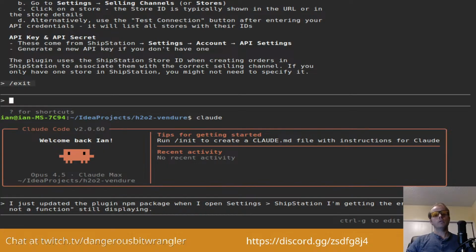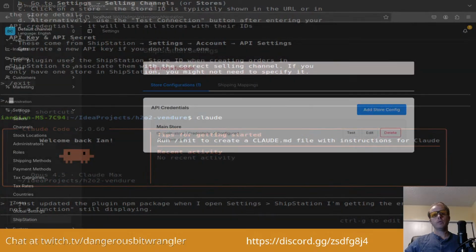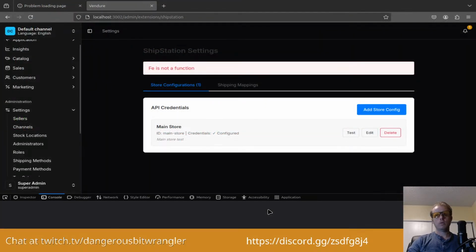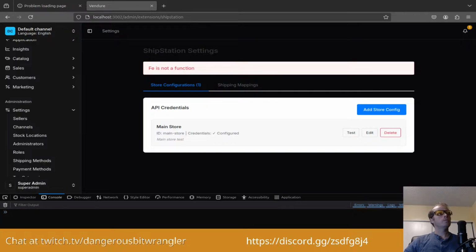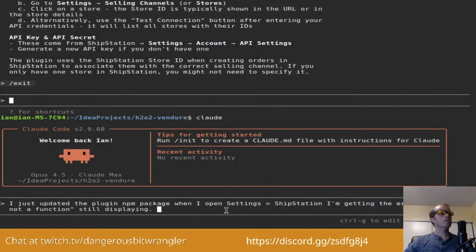Let's take a look at our dev console. Let's see what we got going on in there. No errors, just a bunch of warnings, which kind of sucks, but I'll work on that later. Let's go back to our terminal. Alright, still displaying the error,